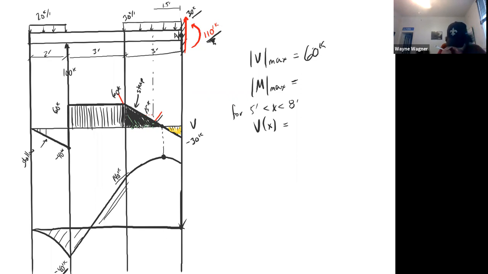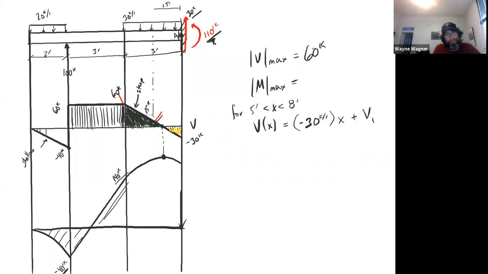V of X. Well, we know the slope of that line. It's negative 30 kips per foot, times X. That's the slope of that line. And then we need to figure out its